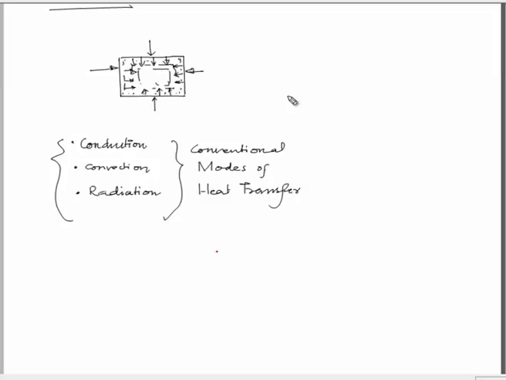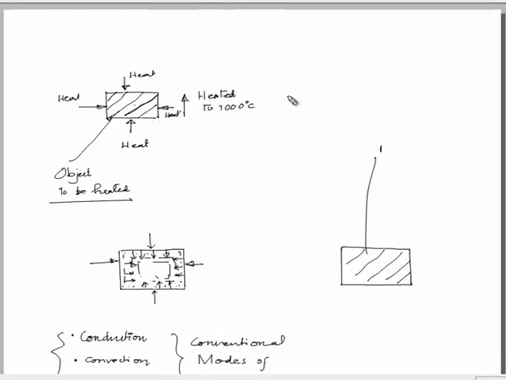However, if we want to heat the same object with the application of microwave, then the situation is slightly different. Suppose this is the object, the first condition has to be this material or this object should absorb microwave, it should be microwave absorbing material. There are 3 kinds of materials, as we will discuss later on.